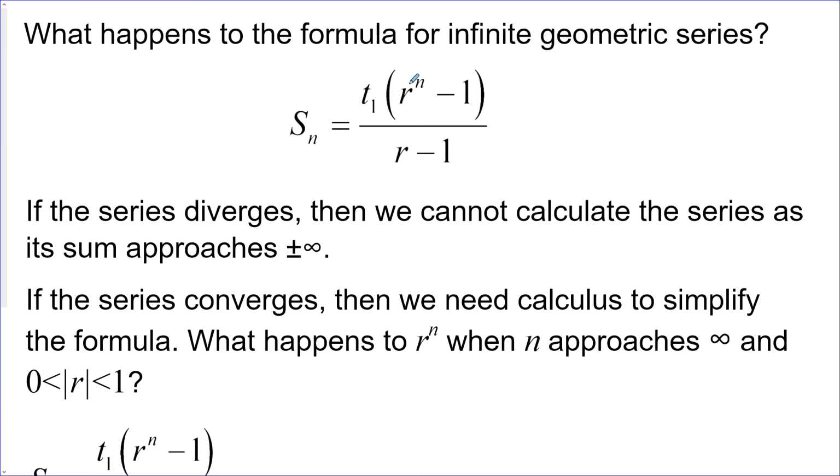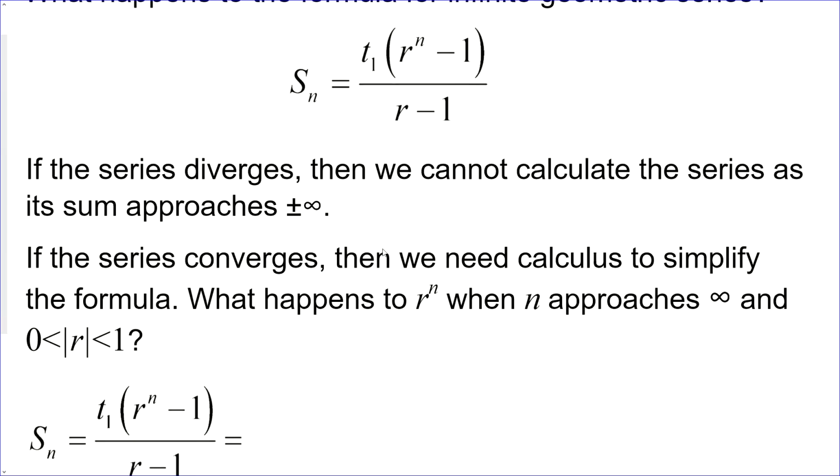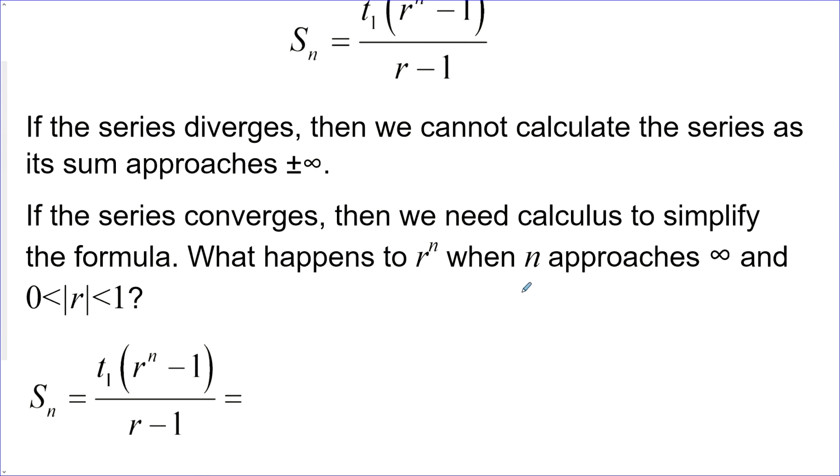What happens to the formula for infinite geometric series? Again, if the series diverges, then we don't really care. There's no formula for that. But if the series converges, we need some calculus, and then we can simplify this formula. What happens to R to the power of n when n approaches infinity and the absolute value of R is in between 0 and 1? Let's do a simple example. So if we had, say, R is equal to 1/2, and then we had R to the power of n,